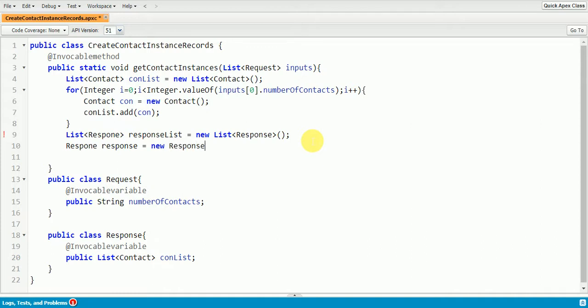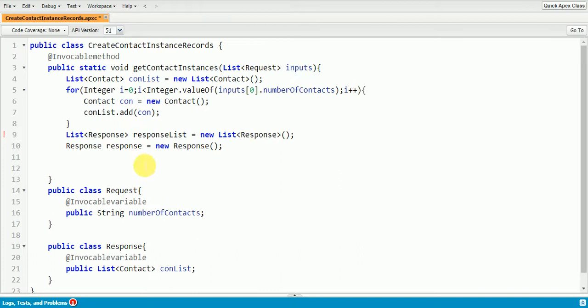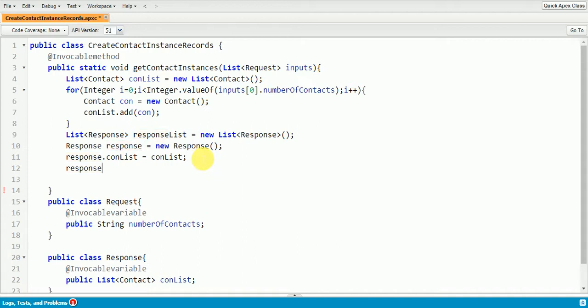New response, should be response, not this. And here I'm going to assign response.conList equal to the contact list which we added the contact instances to. And again, we have to add this response to this list. So once we assign it, just add the response to our response list.